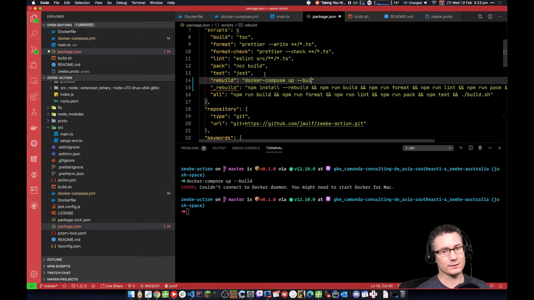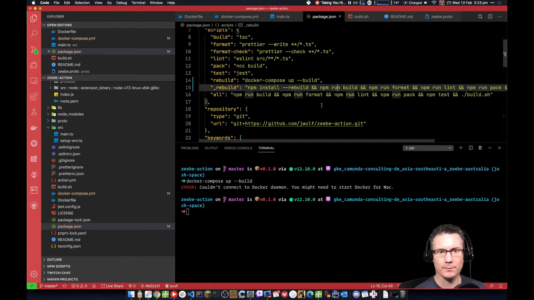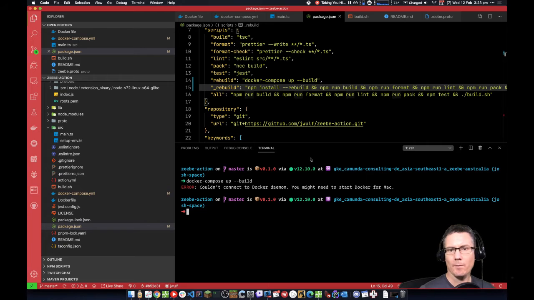Minus build. To figure out how to get a cross-compilation kind of build system happening on my local machine was like, I guess I could put it in the GitHub action that when I push, it'll rebuild it and then check the rebuilt thing back in. Yeah. Whatever. Okay, let's try it again. So if I now say npm run rebuild,